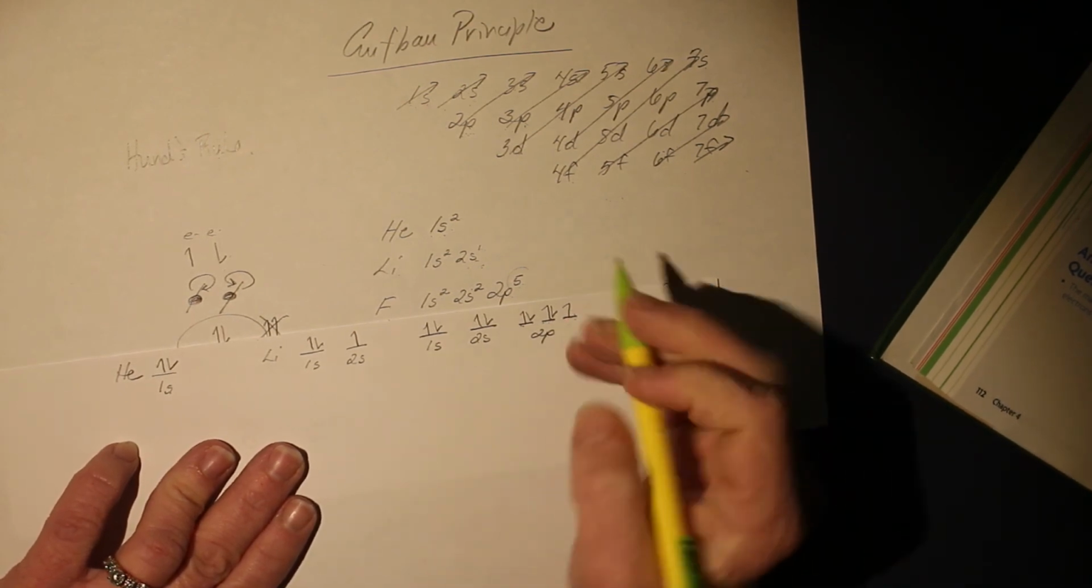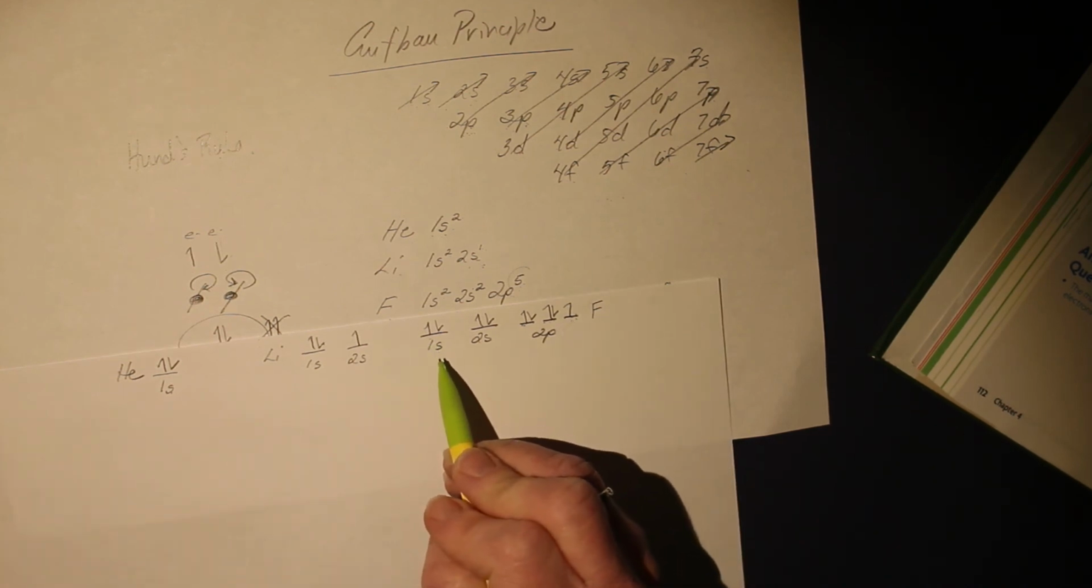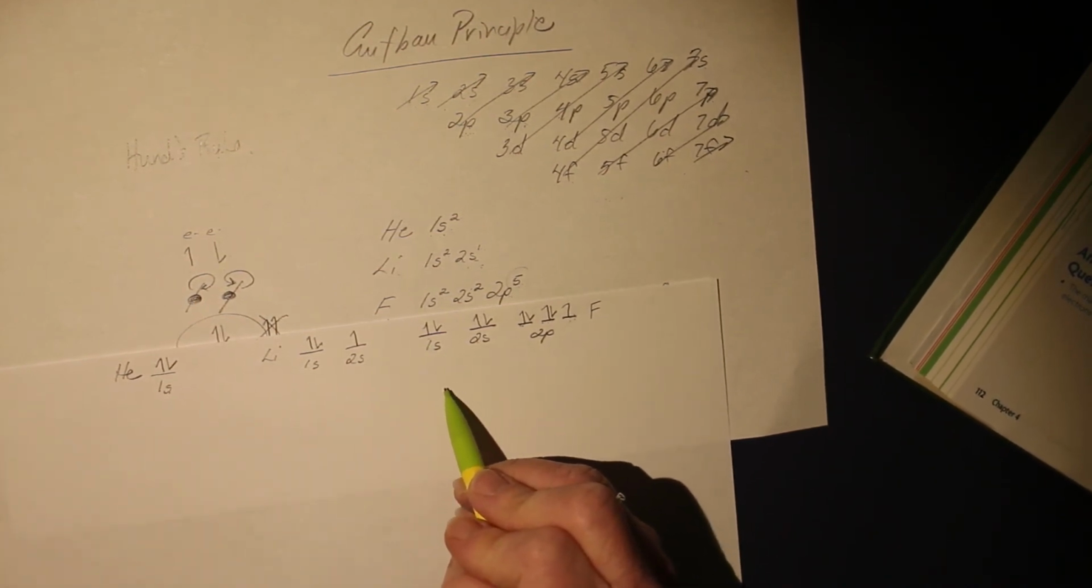Now, questions that we can answer with orbital diagrams. How many paired electrons do we have? How many